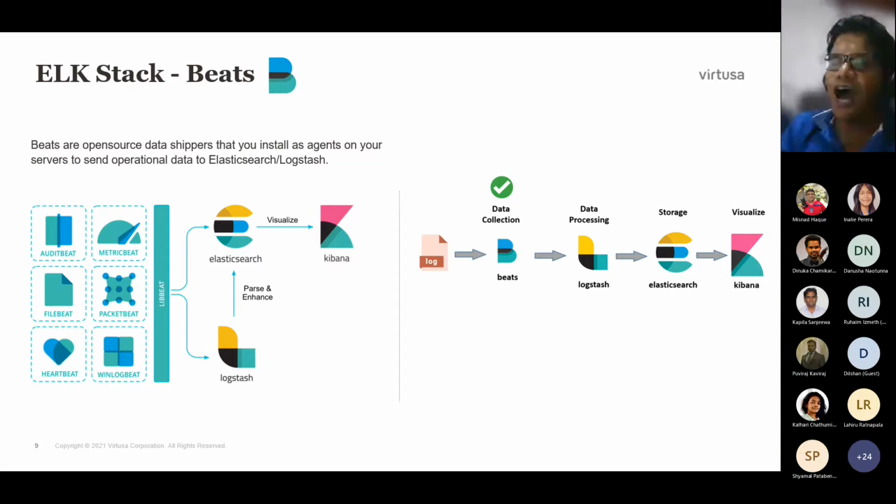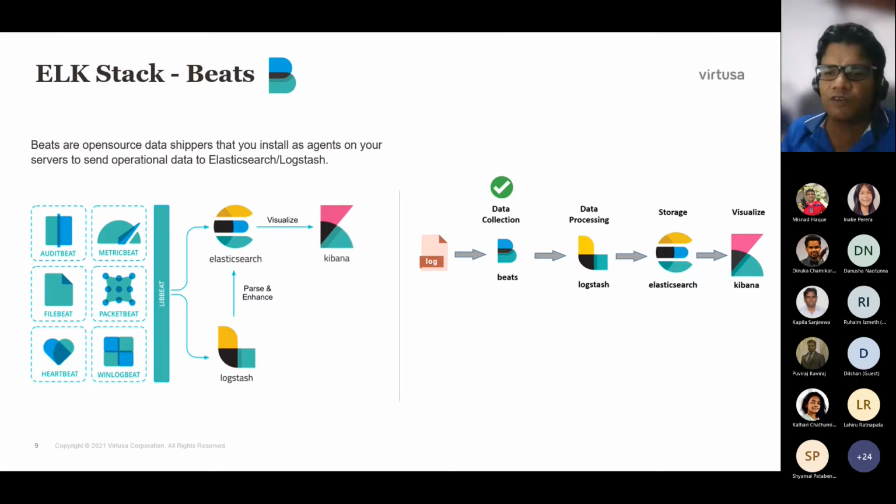So basically FileBeat we use to read the logs, and Heartbeat we use because your system might use several APIs and several other backends it talks to. So we need to monitor that these backends are available. Through Heartbeat we can achieve that. It will monitor that these backends are available for your system to use. And we have MetricsBeat.